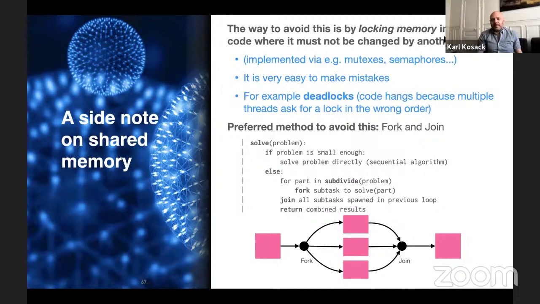So one of the methods that I would always suggest, and I think it's generally in all the code that we're going to show after this, is to use the fork and join style of parallelism. And that means that I have some problem. I want to divide that problem into pieces. So I divide the problem into pieces. I assign a piece to each thread or each processor, whatever you want. When those are done, we somehow wait for all of them to finish. We then use a process that's not parallel to bring the data back together, put it back together into the right pieces, and then continue on.